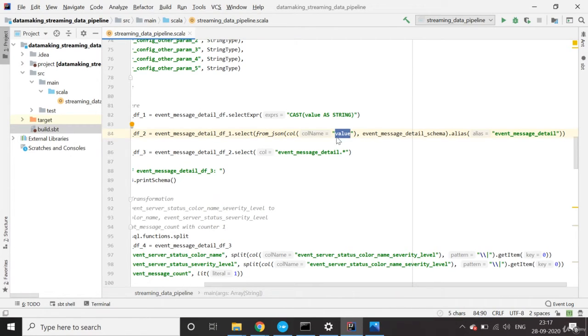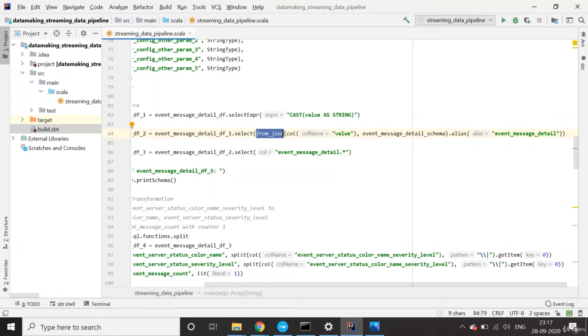We want to convert it into a JSON object, and from that convert the entire message field into multiple columns. First you convert the string type into a JSON structure, which is nothing but a struct type in the Spark SQL data type.